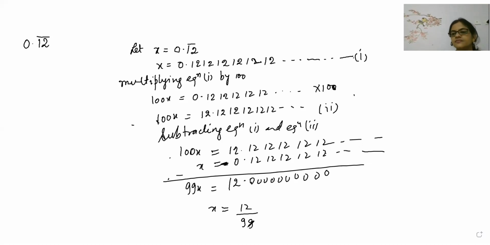Very good, very good. Ashwin is correct. Avinash, very good. Kanishka, 12 by 99. Jiva, 12 by 99. Marunisa, 12 by 99. All of you who have given this answer are absolutely correct. So the answer is 12 by 99. Did you understand now?